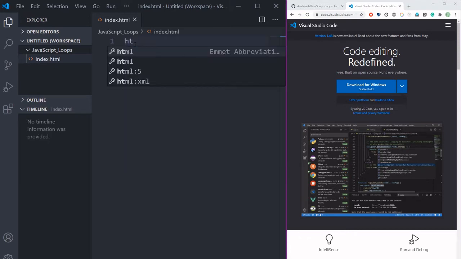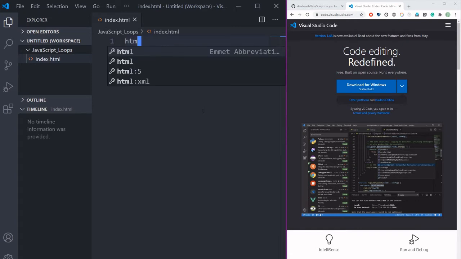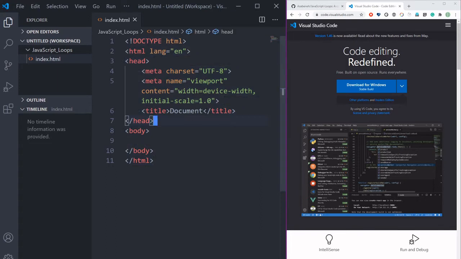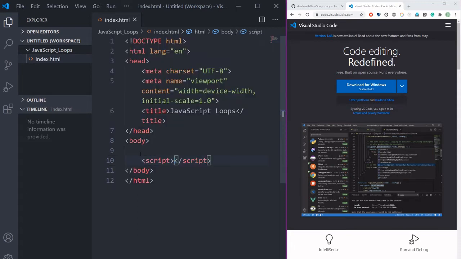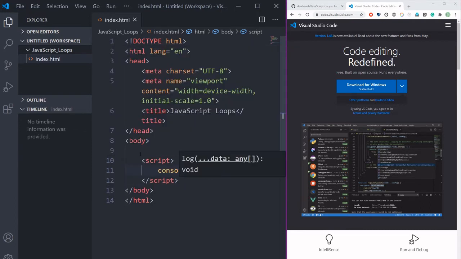Then let's generate some boilerplate. HTML5. Maybe if you didn't see, if I'm a bit fast, well, this is HTML5. You can generate HTML5, then you will get this boilerplate for free. JavaScript loops. You can write JavaScript inside the head or the body, but it's preferred to put it inside the body, so I will use script. And then let's start console.log and JavaScript loops